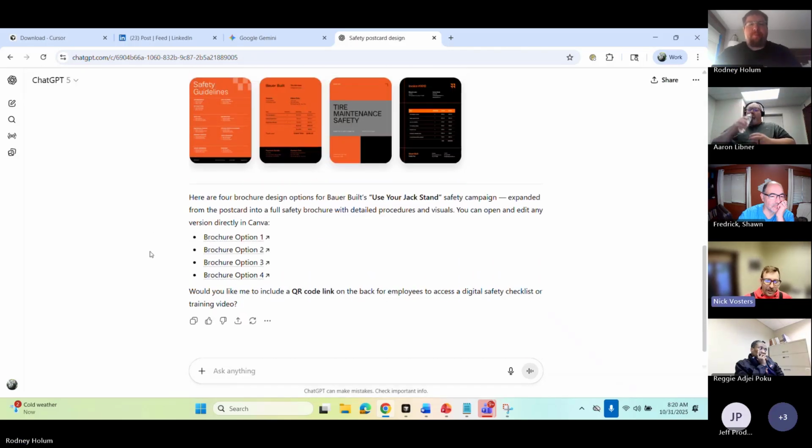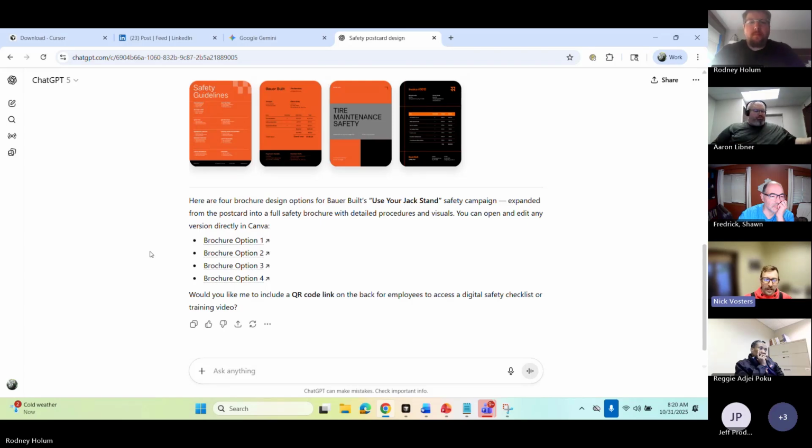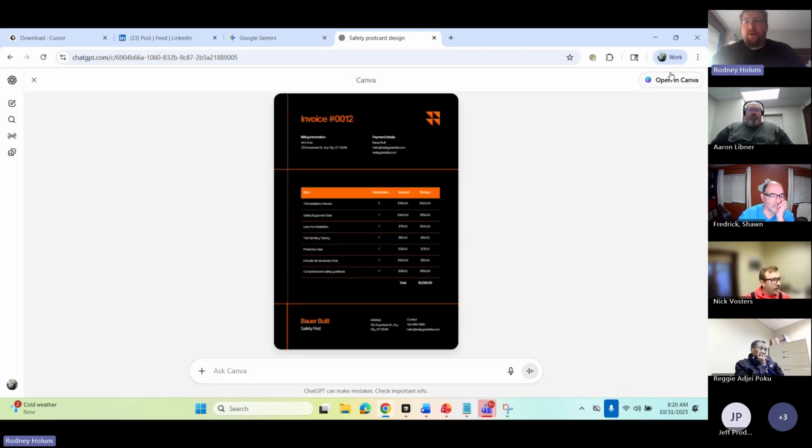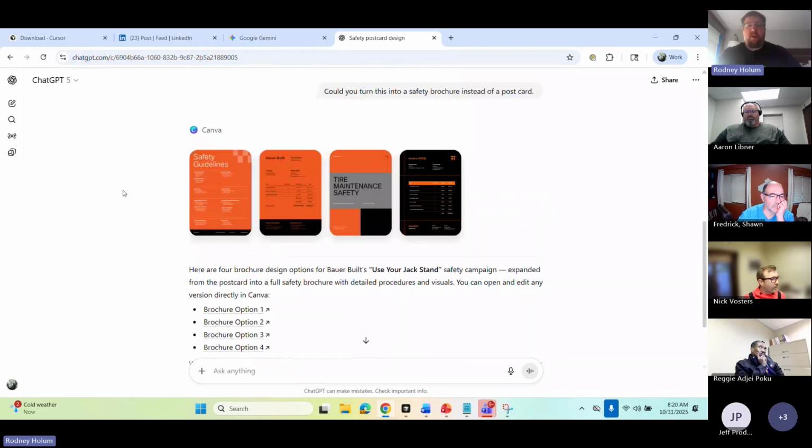Yeah, I think you can even put in your logos and stuff too, and it'll automatically put it on sometimes, if it's got enough memory. And even if it doesn't, you just open it up right in Canva, and then you just manually put it in there. So the nice thing about doing it this way is that you can affect every piece of text inside of it instead of having to affect the whole image each time. Because every time I've re-rolled an image, it's never perfect again. So it fixes what I told it to, but then it breaks something else. So this here's a good way of solving that.